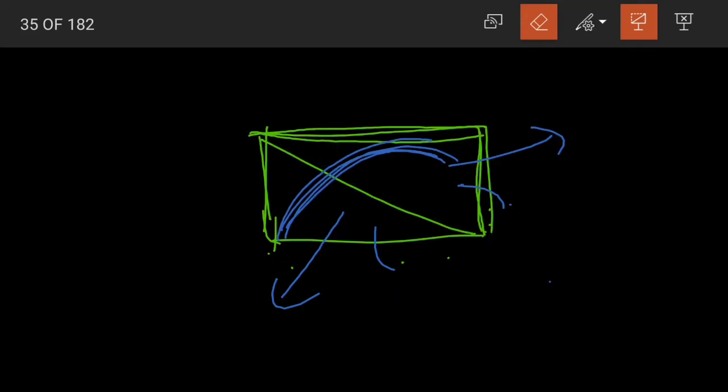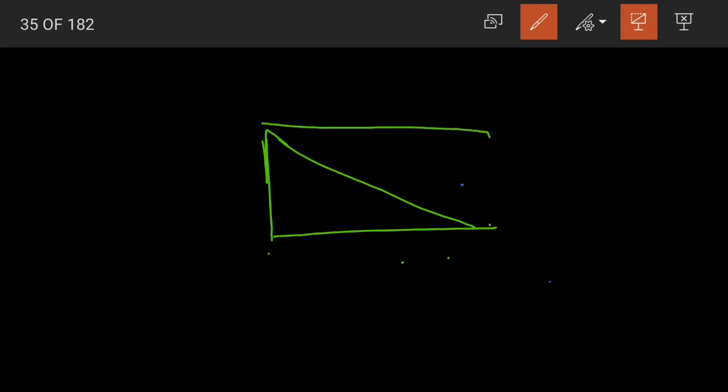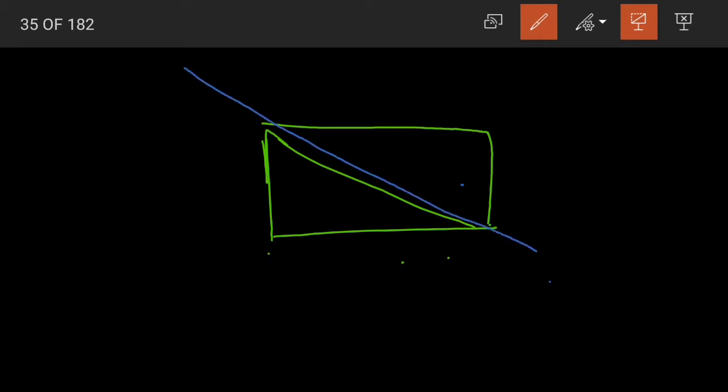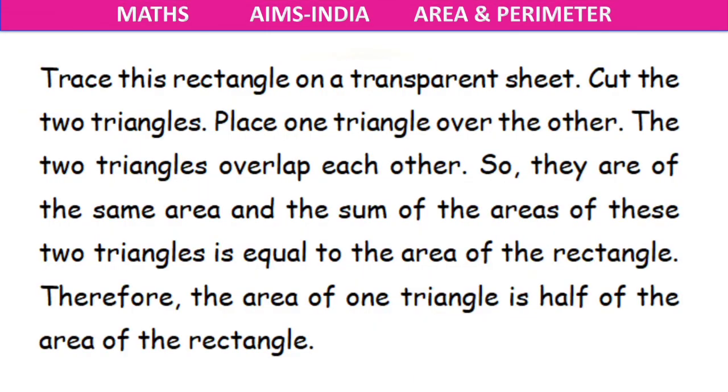If we revise, again what should you do, children? First draw a triangle, and then make it into a rectangle. Cut out the rectangle from the paper. After cutting out the rectangle, also cut in the middle. Now you will have two triangles. Place the triangles one above the other, and what will you observe? Both the triangles are equal to each other.